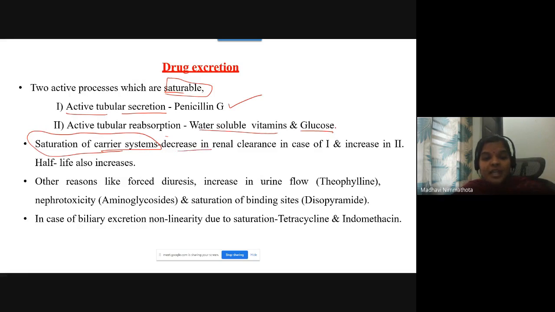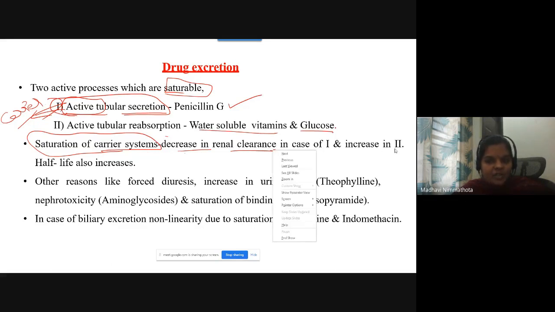There is a decrease in the renal clearance in case of active tubular secretion. The name is active, which means definitely it is using some carrier for its mechanism. So in active tubular secretion, saturation happens in the carrier system, then a decrease in the renal clearance is observed. And in case of number 2, that is active tubular reabsorption, what you have seen, drugs will undergo saturation in the